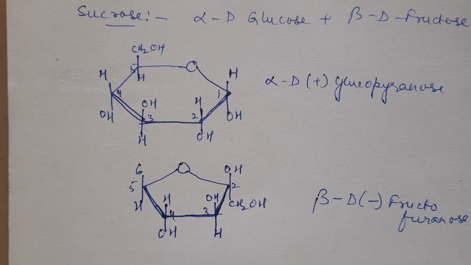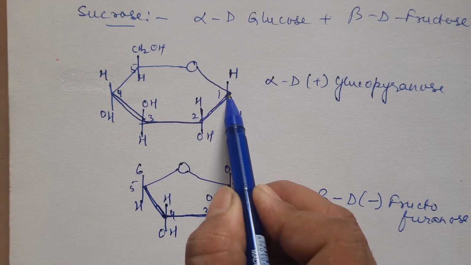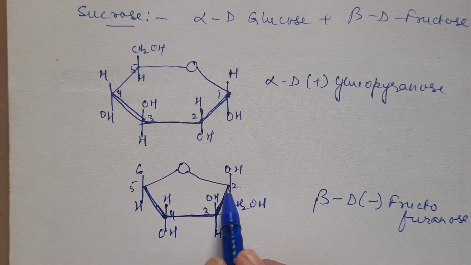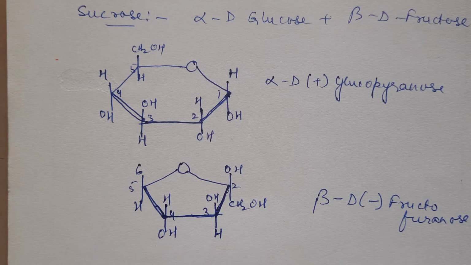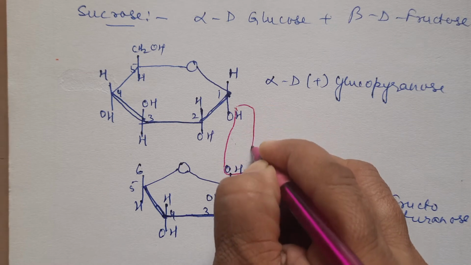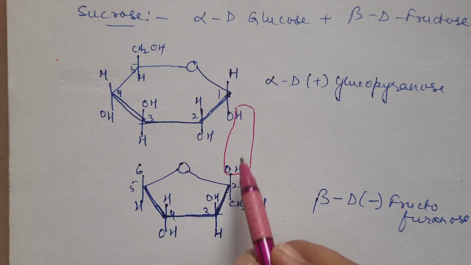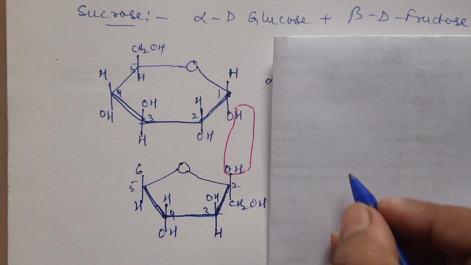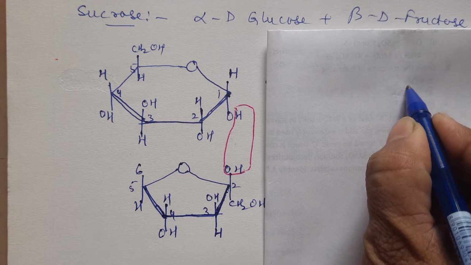Now, between first carbon atom and second carbon atom, first carbon atom of glucose and second carbon atom of fructose, there is a linkage. There is a linkage. That means if you remove water molecule from here, how we remove the water molecule? Say if I remove this H and OH, if I remove this H and OH from here, means water I have removed. If I remove water from here, what structure will I get? I will draw it and show you. I'll draw the structure besides it only so that you follow properly.